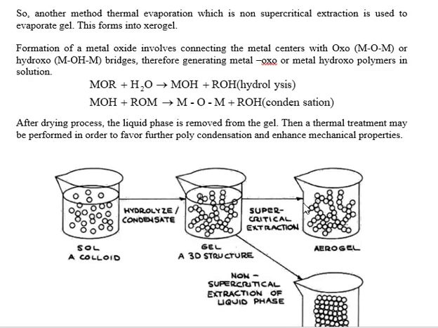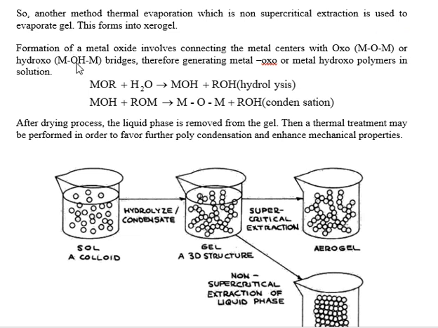Now coming to the formation of xerosol. Another method, thermal evaporation, which is non-supercritical extraction, is used to evaporate the gel. One method is used under critical temperature and pressure. Then that method is used to form the aerogel, and this method is thermal evaporation, which is a non-supercritical extraction